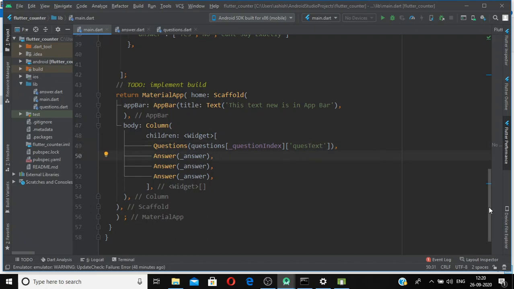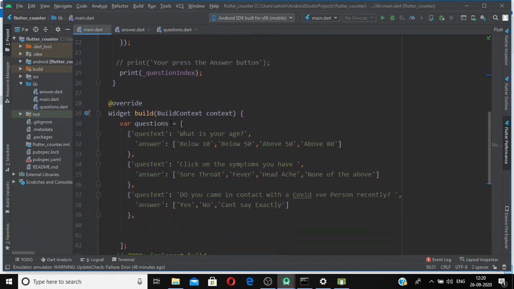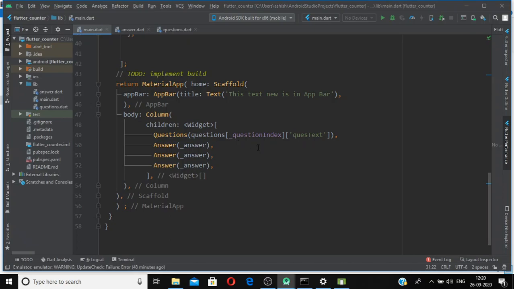So now I am at the right level. First I will go to the list, then to the next level, that is the map level, then what I have to choose from the map level is this value. So from the key I will choose this value. So my first widget is settled here.